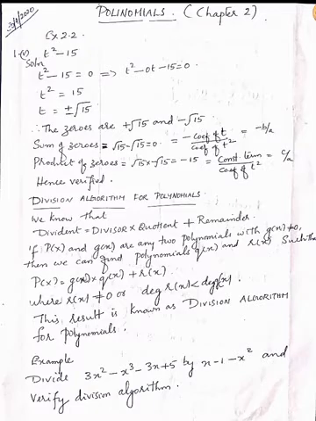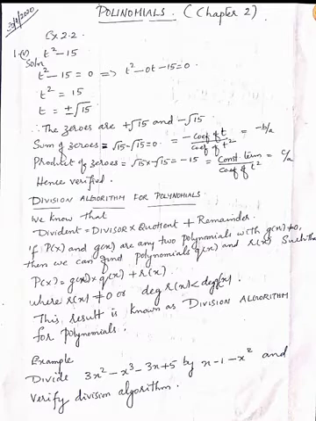We can go with yesterday's example, same exercise 2.2, question number 5. Let p of x is equal to t square minus 15. So you see that here the t term is absent, isn't it? So we can write t square is equal to 15. So t equal to plus or minus root 15. So this is very easy for finding the factors. Therefore the zeros are plus root 15 and minus root 15.